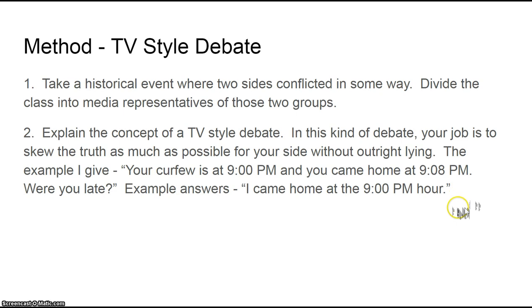So here's the method. It's a TV style debate. Number one, take a historical event where two sides conflicted in some way. Divide the class into media representatives of those two groups. Number two is explain the concept of a TV style debate. In this kind of debate, your job is to skew the truth as much as possible for your side without